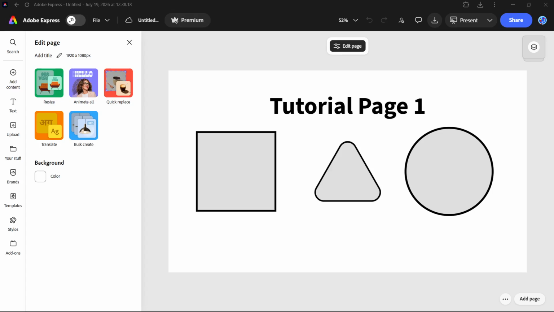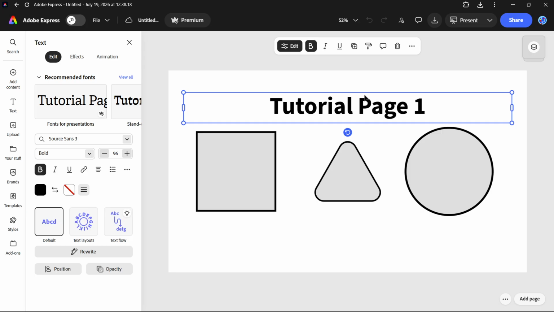In this video, I'm going to show you how to add a link in Adobe Express. Now, the first thing you have to do, you want to select something you want to add a link to. Now, this can be done with text or buttons or similar things, and you'll know if it's available whenever you